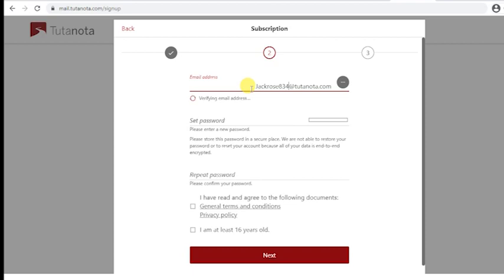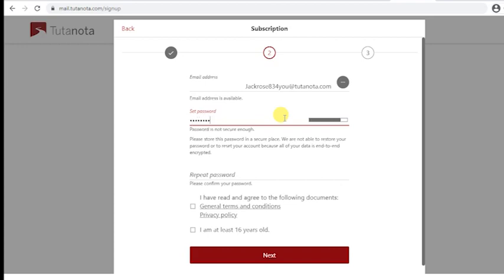So it's verifying whether the email address is already available or not. I'll type Jacktos34. Email address is not available. I'll just type another. So it says email address is available.